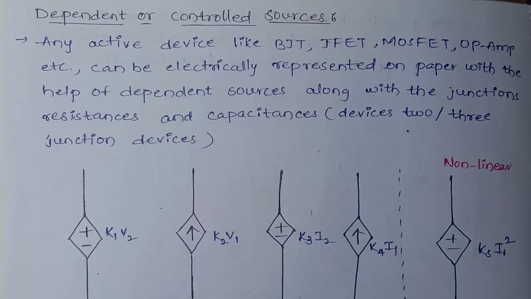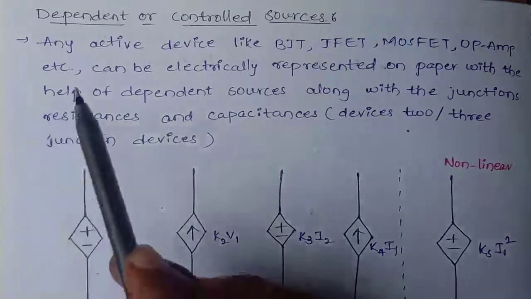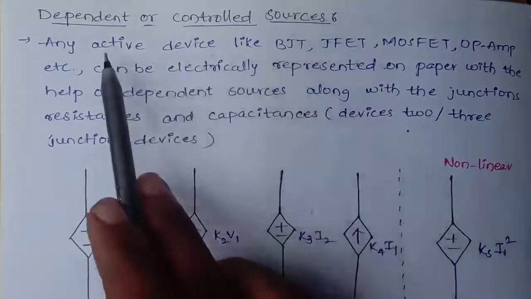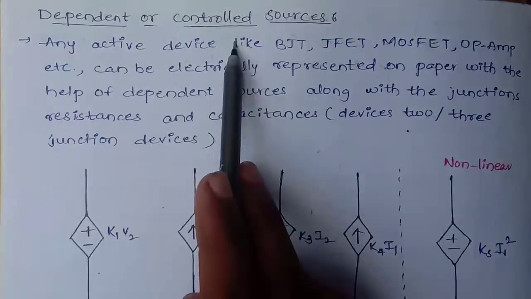In the previous lecture, we already discussed the independent sources as well as problems related to the independent sources. Now, in this video, we will try to discuss the dependent sources, KCL and KVL. Right? Now, look at the dependent sources, which are also called control sources.